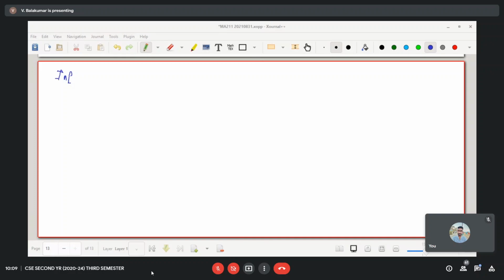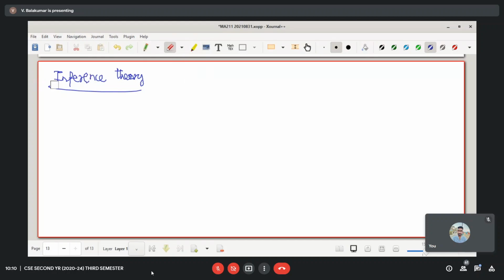We have not seen this so far. At least new for us. I want to discuss inference theory. Somebody speak. Have you seen this already or not? Can you tell me the English meaning of inference?